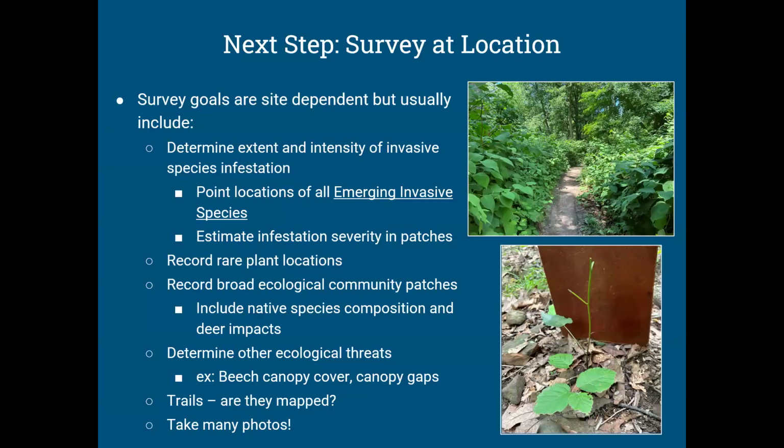And so then you kind of gather yourself, you have some set of expectations about what the site is like, and then you go out and do your surveys. So we commonly map invasive species and native plant communities. So I'll show you some maps, but the basic idea is